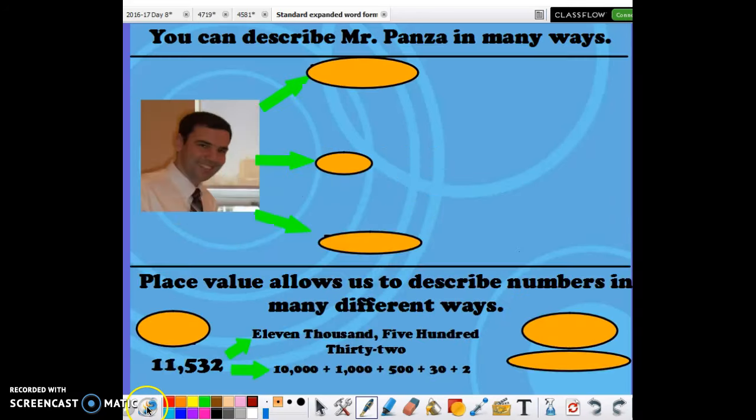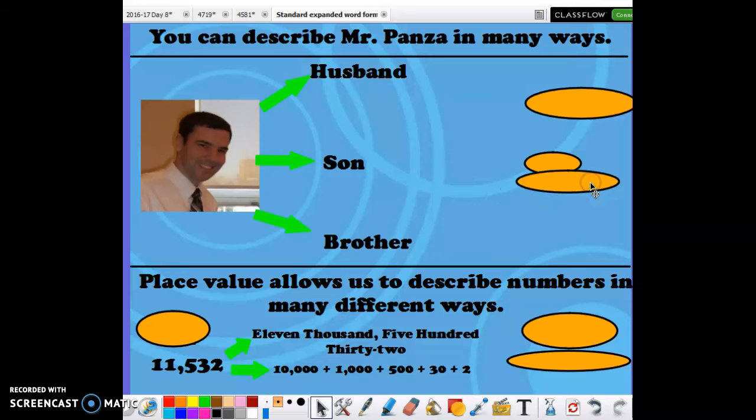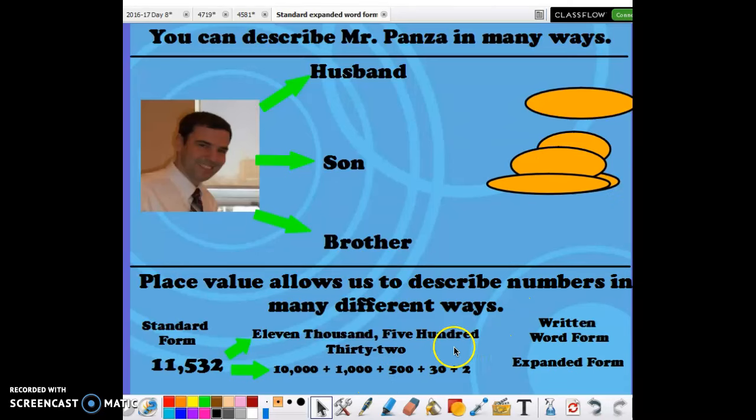Those numbers can be addressed in different ways because just like you can describe Mr. Panza as a husband, a son, and a brother, you can write numbers in different ways. For example, this number is written in standard form, all squashed together. This number over here is written in expanded form, and this number here is written in word form. Those are 3 different ways you can write the same exact number. They all have the same exact value, but they look a lot different. So today my goal is to teach you 3 different strategies to go from each of these versions of a